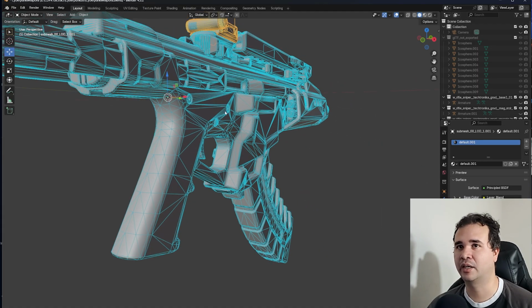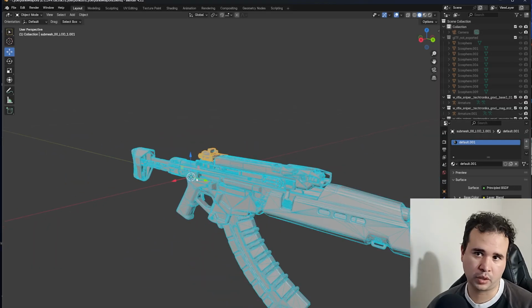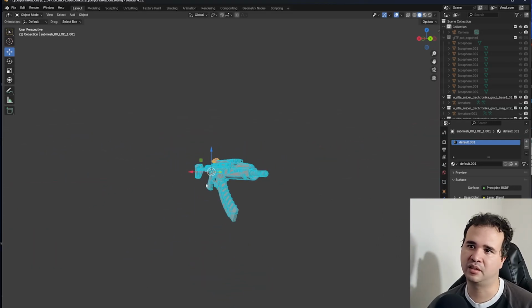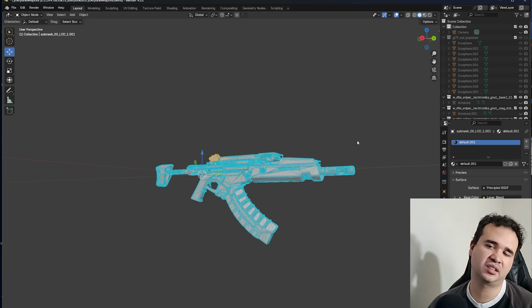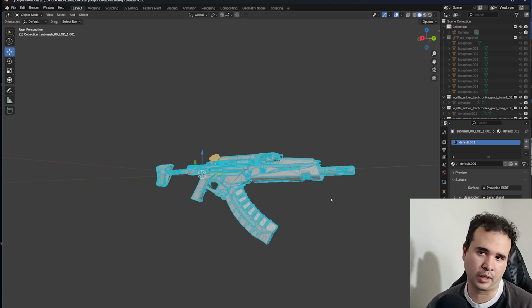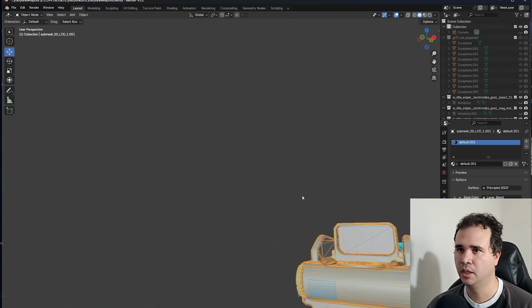Same deal with the iron sights. You can see the iron sights is just a separate piece, because you can customize this weapon and add different types of iron sights. There's also a silencer model that I didn't bring in because it was just a cylinder. So it wasn't anything special about it. But you can see